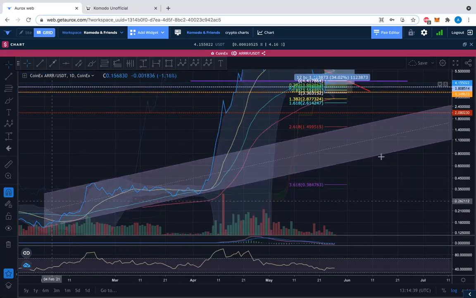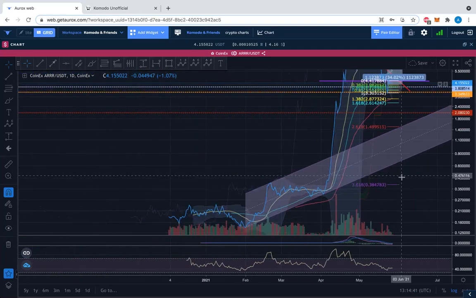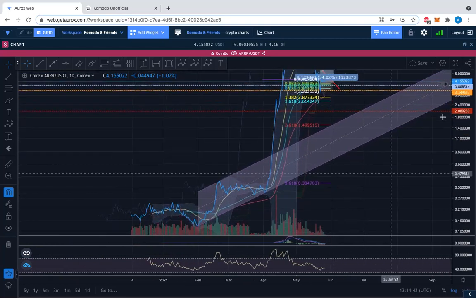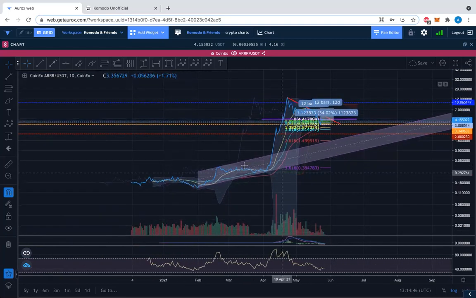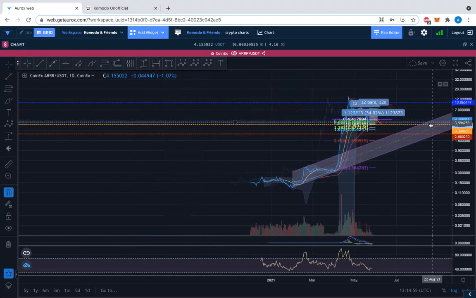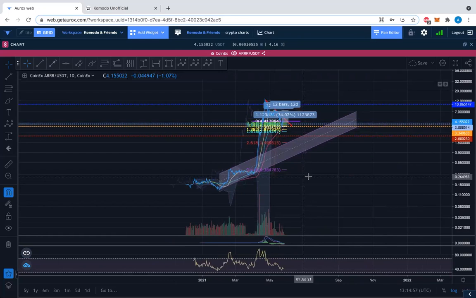This channel that we had the first time, I think that if this whole thing is a combined impulse, so if this previous impulse correction is related to this impulse correction that we're currently in, and we're going to have another, then this channel will at some point come into play. That's not really at this height of price. That's not really until the August timeframe, and really not getting through it until like September, and that could actually make a lot of sense.